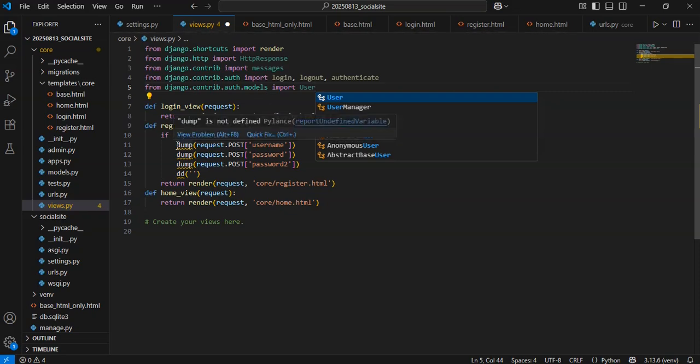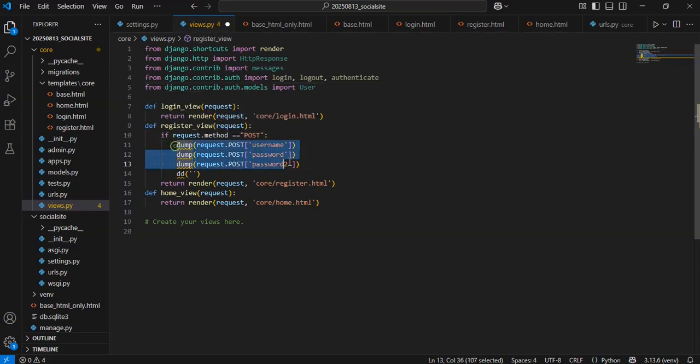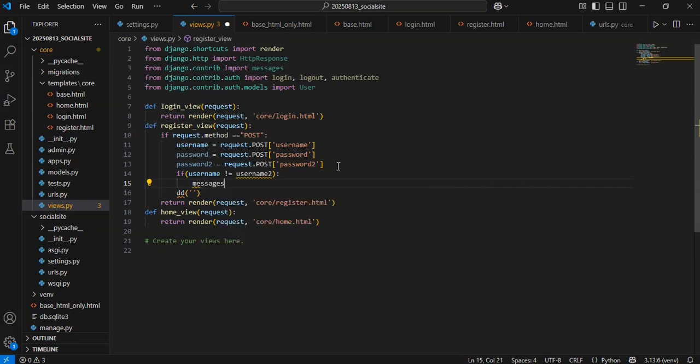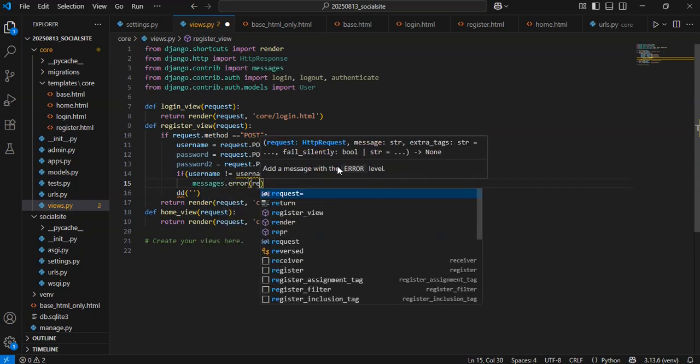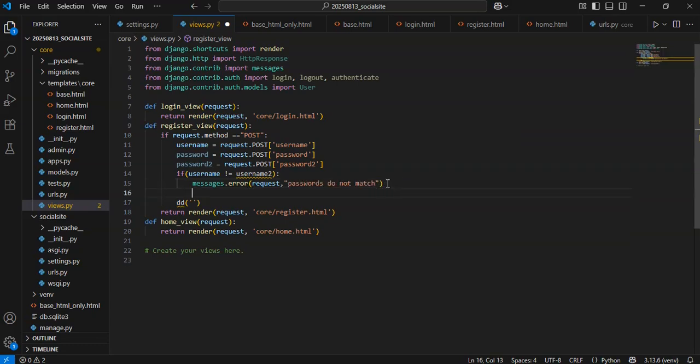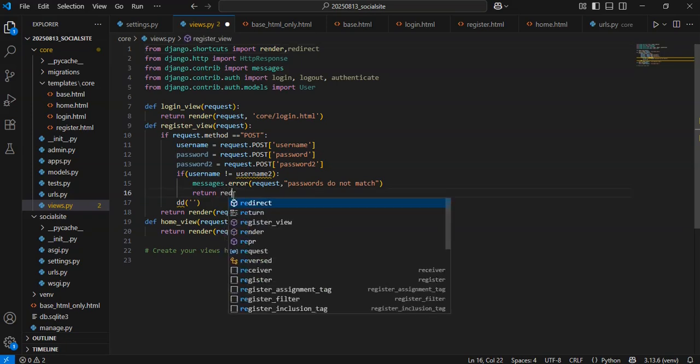Let's remove dump codes, we don't need them anymore, and let's paste username, password, and password2 in order to get the received request from the front end. Now we want to check that if password does not equal password2, we are going to show the user an error message, for example, password do not match, and then we are going to return to the original path, I mean the